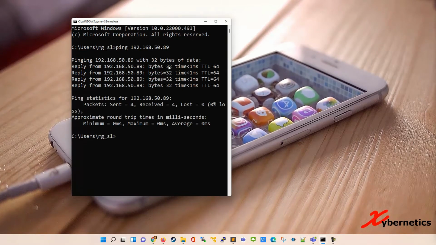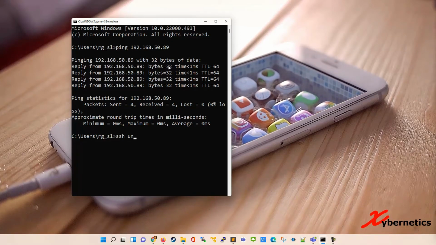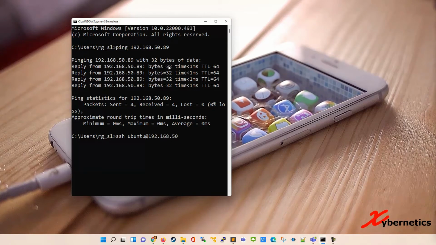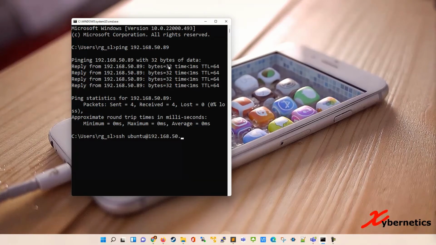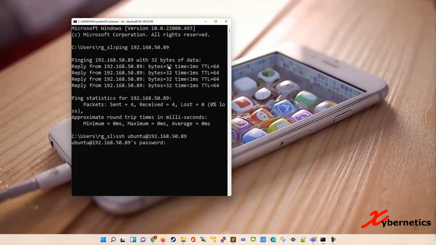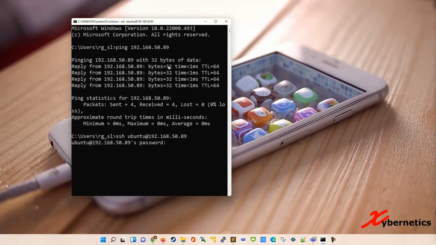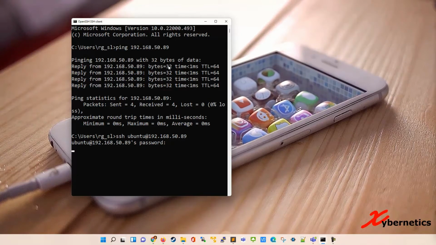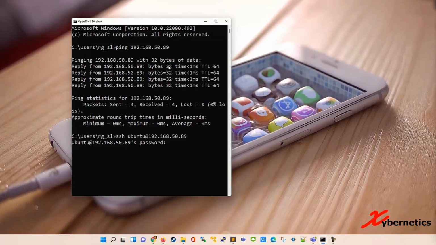So next thing I'm going to do is SSH into the Raspberry Pi, followed by the username. I do have an Ubuntu in there, followed by the IP address, which is a standard way of username login, and it's 89. It will prompt me for a password. If they ask you for a fingerprint, just type the word YES, and after that they will ask you for a password, and then I'll enter my password in there, and then you'll be brought into the Raspberry Pi console